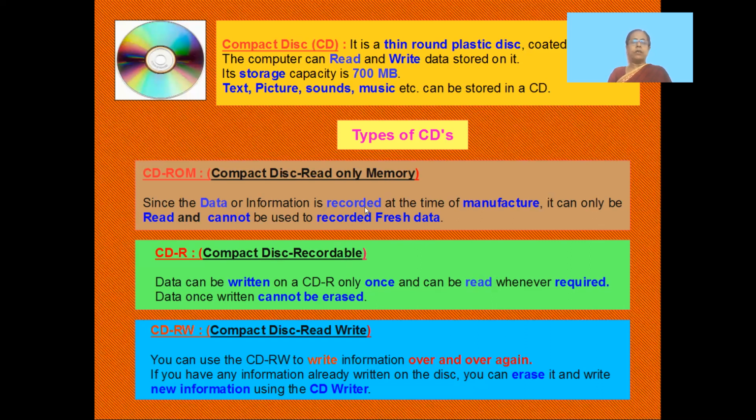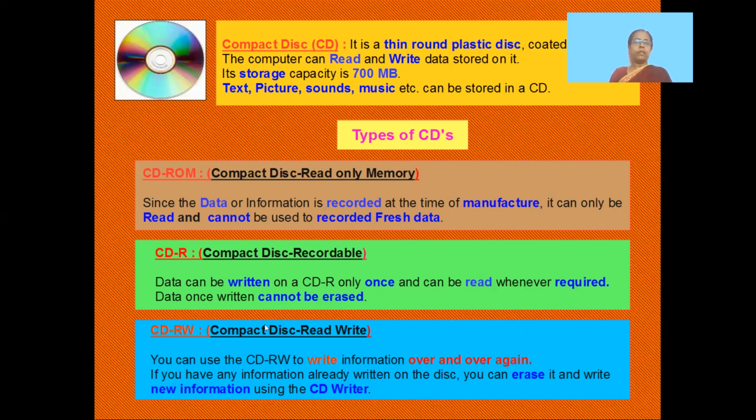ROM, you cannot write anything, you can just read it because it's already manufactured before it came to you. All the things are being fed into this disk before it came to you. The CD writer is an empty disk where you can only write once. Whenever required, you can see it, but you cannot erase it. And again, the